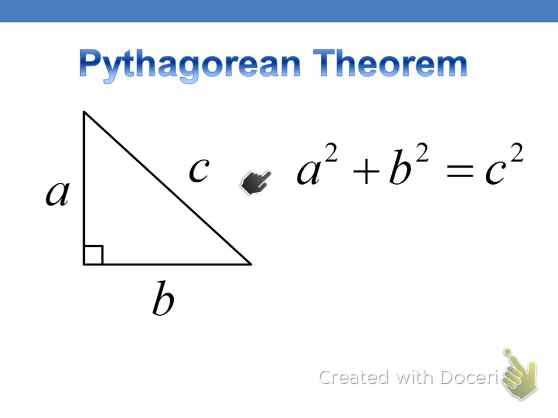So you square one of the legs, that goes first. You square the other leg, that goes next. These 2, it doesn't matter on the order. So just one leg, then the other leg. The order that matters is that the hypotenuse that's across from the right angle has to be on its own side of the equal sign, okay? And since we're squaring everything, whichever one's missing, we'll have to take the square root to get that variable by itself. Okay, that's why we learn this right after we learn the square root equations. Even though it is pretty much geometry, the algebra is nice as well. Any questions so far?